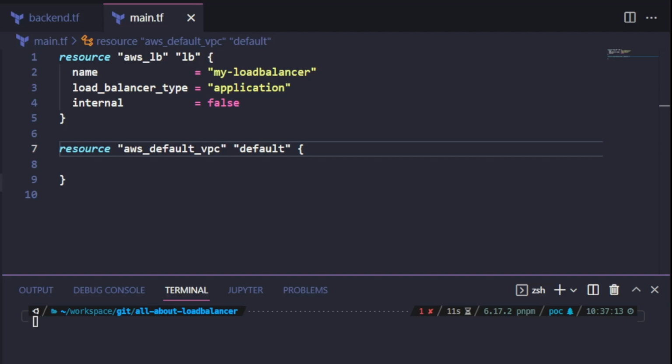When you sign up for an AWS account and you access the VPC service, you will notice a preset VPC resource that exists on each region on your account. And this is the default VPC that the resource block of my code is referencing. Now that I have this VPC defined, I then need to get the public subnets that are associated to this VPC. And so on my data.tf,